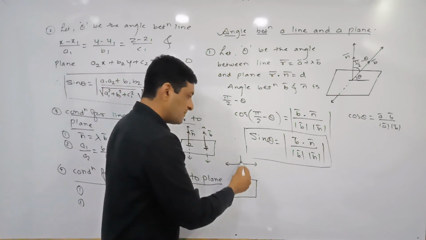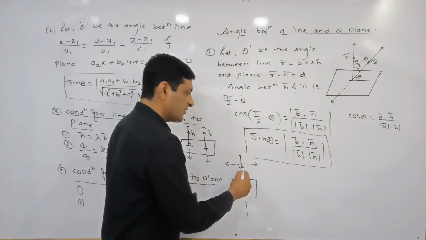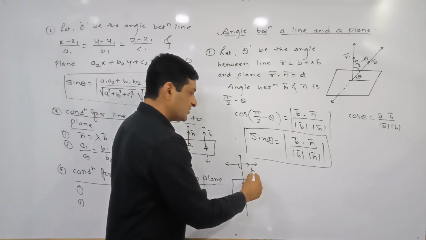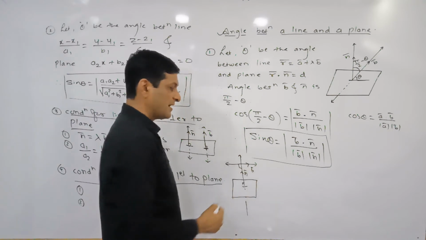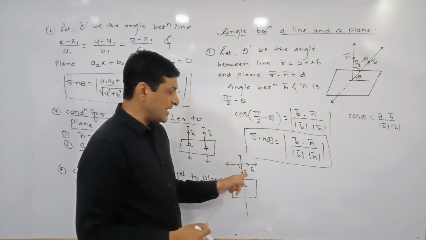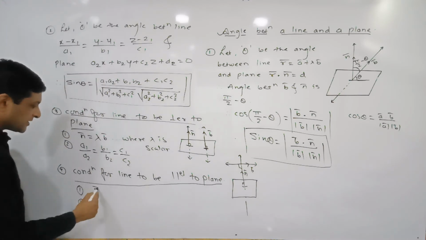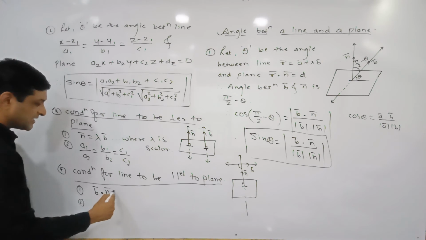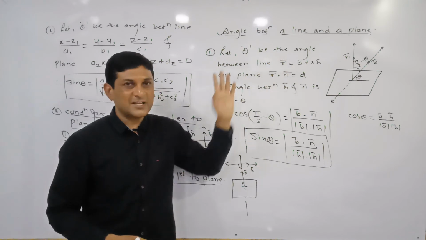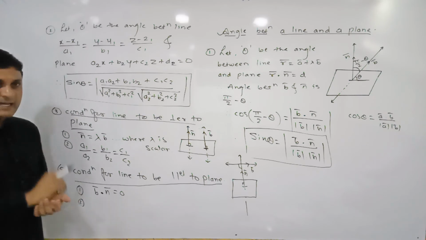If the line is parallel to the plane, can I say that it is perpendicular to the normal to the plane? Yes, it is perpendicular to what? Normal to the plane. Now which is the vector along the line? B bar, and which is the vector along the normal? N bar. If this line is perpendicular to the normal, B bar and N bar are also perpendicular, and if two vectors are perpendicular, their dot product is equal to what? 0. So B bar dot N bar equals 0. This condition is satisfied if the equations are given in what? Vector form.